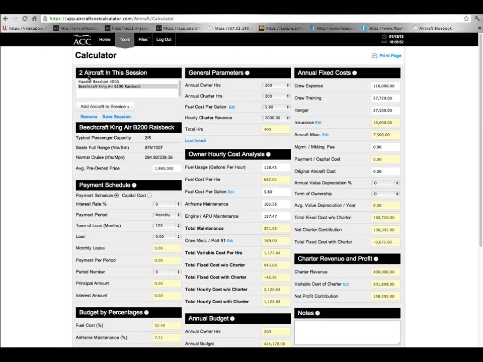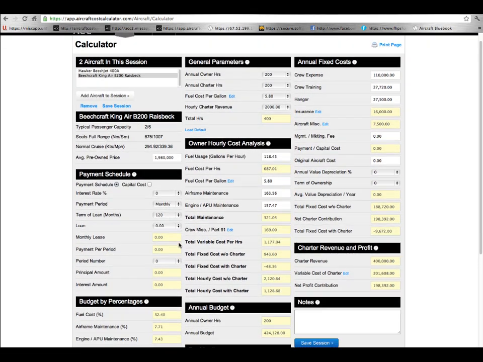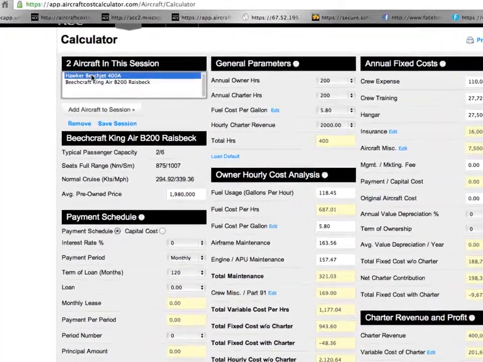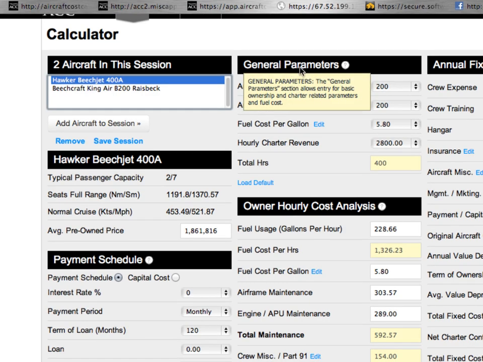In this example, this is the main data screen here. And in this example, I've got two aircraft in the session, a Hawker Beechjet 400A and a King Air B200. This was a guy that has a B200, and he wanted me to show him what a 400A would look like, right? So over in the general parameters section here, I can put in annual owner hours, and then he